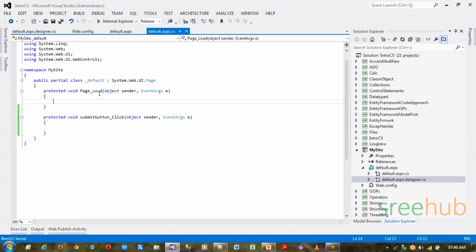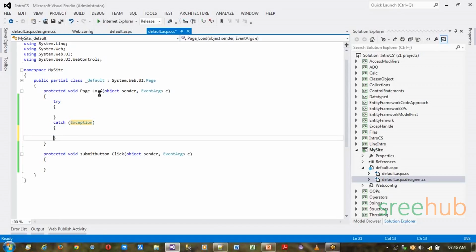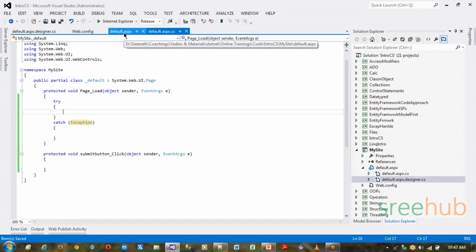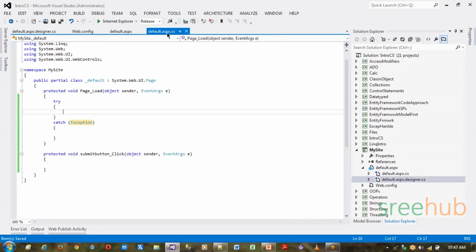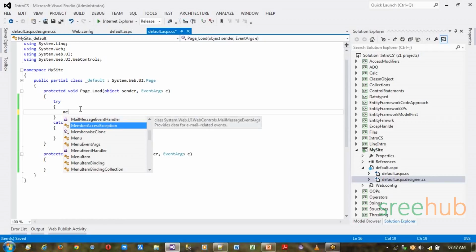So here, let me write a simple code. Now you can have exception handling the same because it's a simple C# class, right? And whatever you do, remember that your browser can understand only HTML. Whatever we are going to do here should actually support our form so that it will be converted to HTML. Now in page load, let's just show a simple